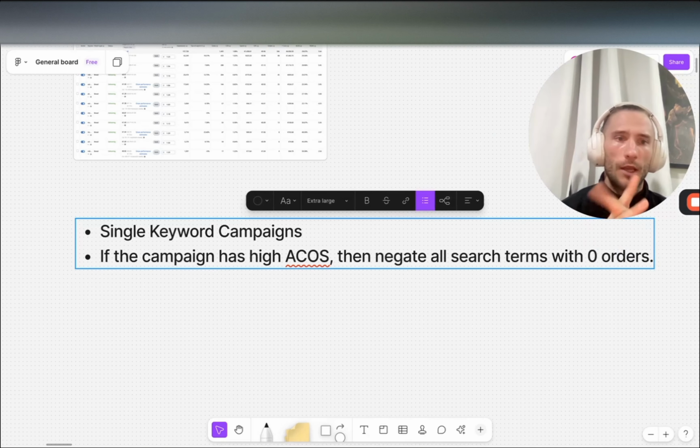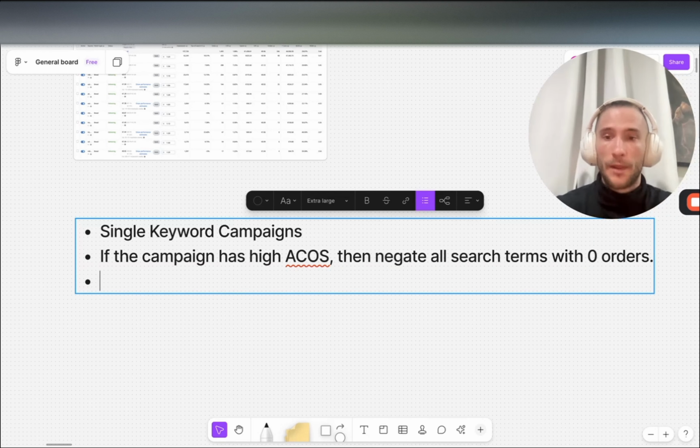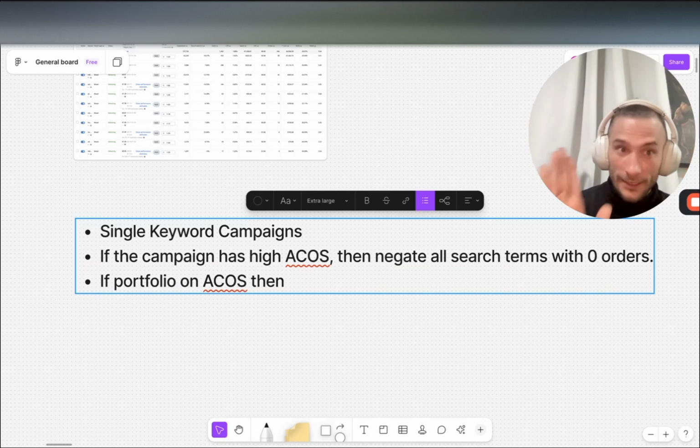For example, maybe 30% of the campaign might have 0 orders, and just negating that will, in general, optimize the average. But obviously you should have bidding rules, if the portfolio is on ACOS. That's another recommendation I have for you. If something is working,